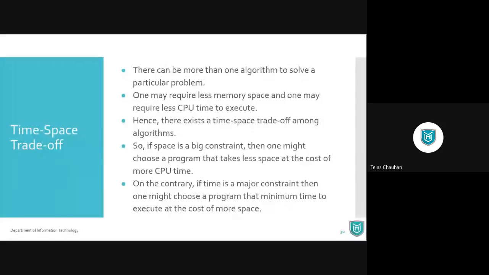And this trade-off will always be there. As a programmer, we need to decide which algorithm, or whether I'm going to decrease time or space, based on my requirement. So that is the time and space trade-off.